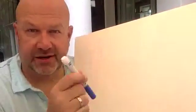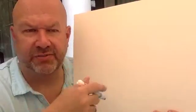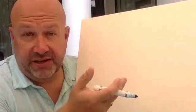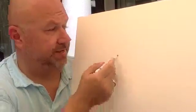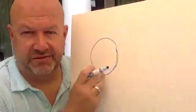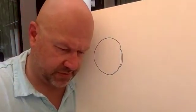But I'm going to start out with the blue. I would normally start out with a yellow marker, just because it's easier to cover up, but the blue will stand out a little bit. So if you think of how we drew some animals in the past, and we started out with circles and then connected those circles, I'm going to start out with the hips of this rabbit. The rabbit that we're going to draw, that he's best known for, is